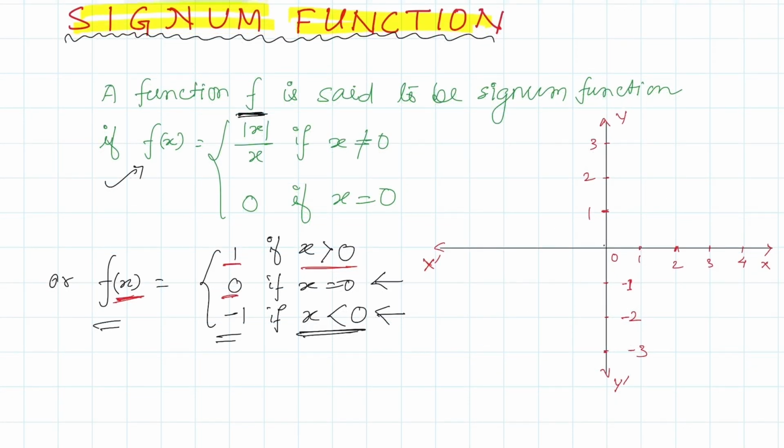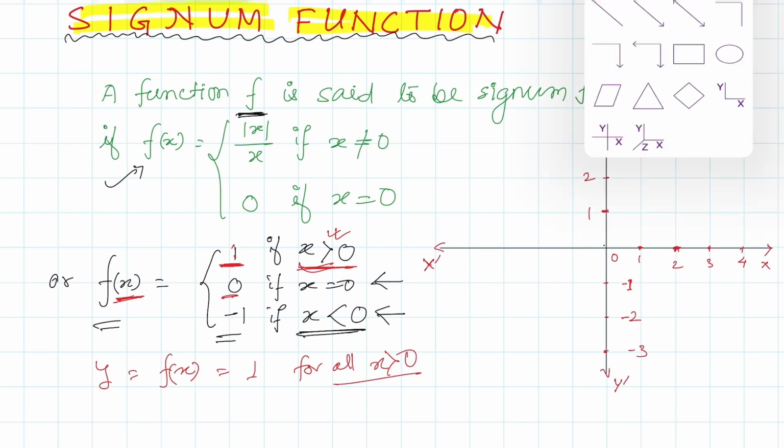As you can see, for all values of x greater than 0, let us consider y is equal to f of x. And f of x is 1 for all x greater than 0. It doesn't matter what the value of x is, it is 1, 2, 3 or 4. It's going to be plus 1 for all x greater than 0. Okay, that's why the graph of this must be